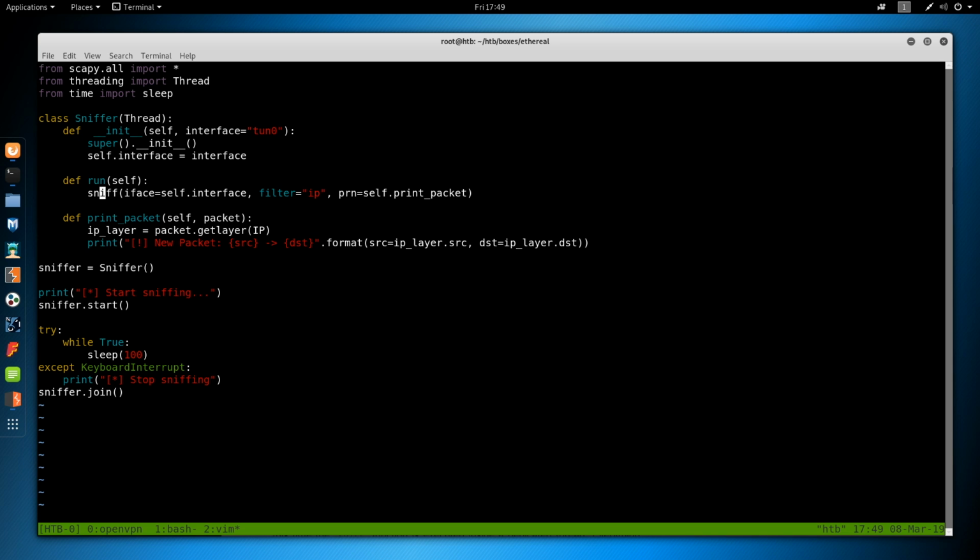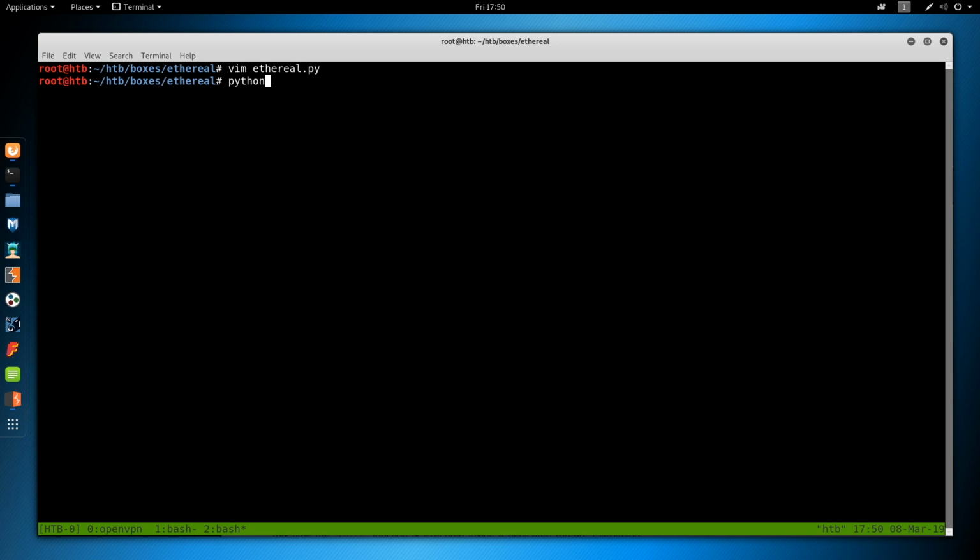Run, so sniff on interface tun0, all IP packets. And for every packet, do this print_packet function. Print_packet is going to do something, and that's it. So let's do Python 3,